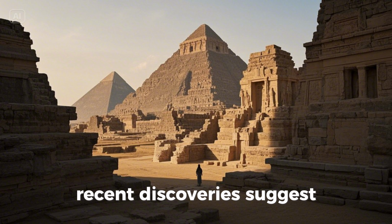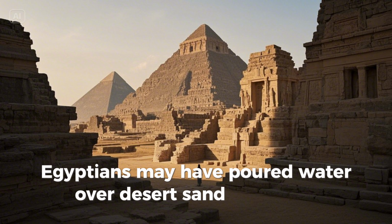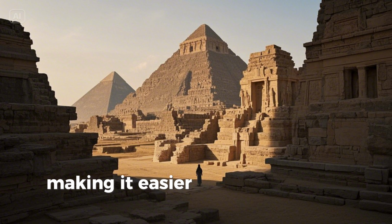Lubricated sledges: recent discoveries suggest Egyptians may have poured water over desert sand to reduce friction, making it easier to drag massive